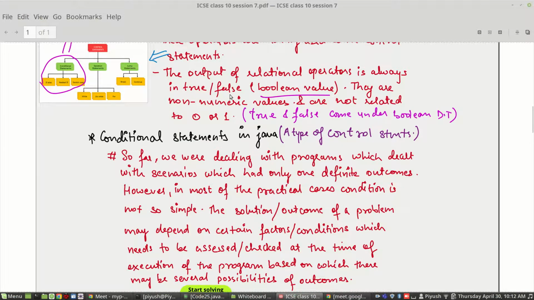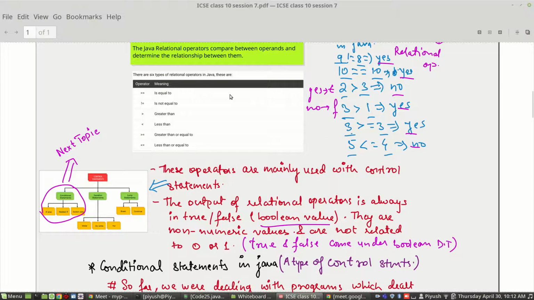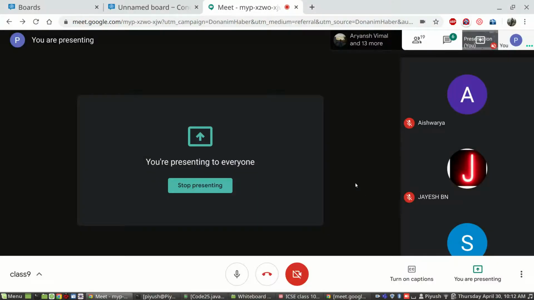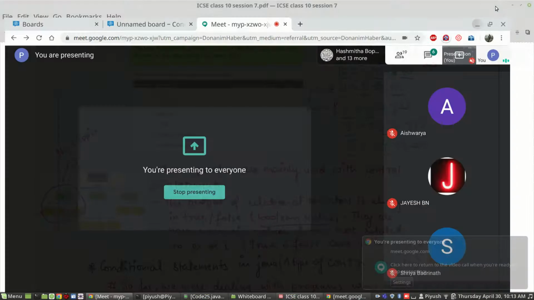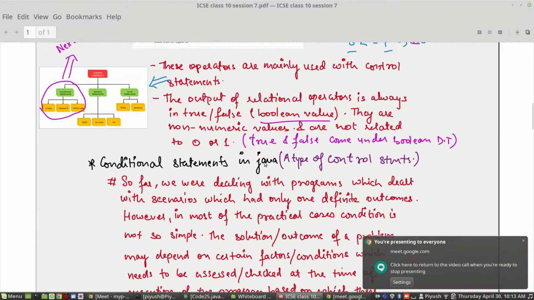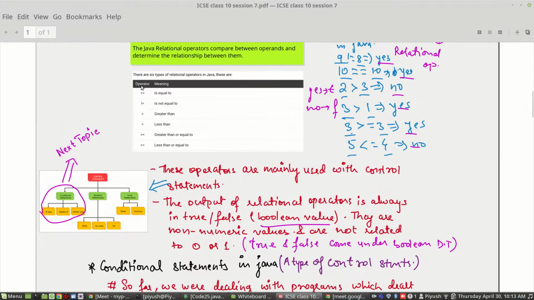Now, one more thing: the output of relational operators is always true or false. We also saw one very small example of the different types of operators, and we saw they always return an answer either true or false.